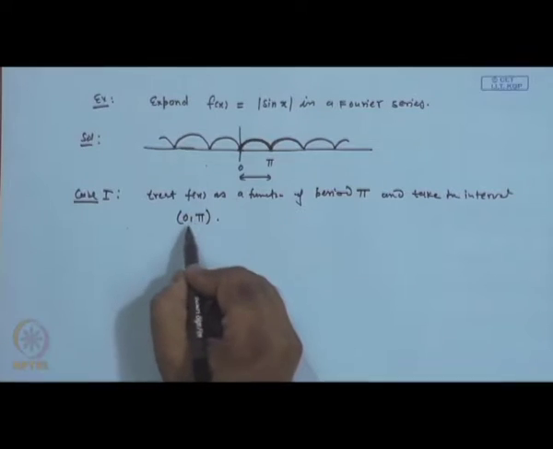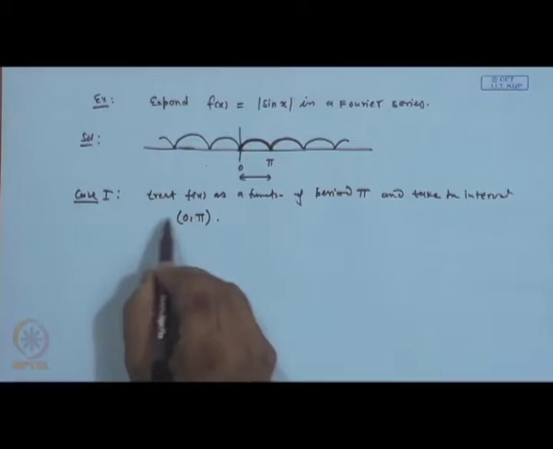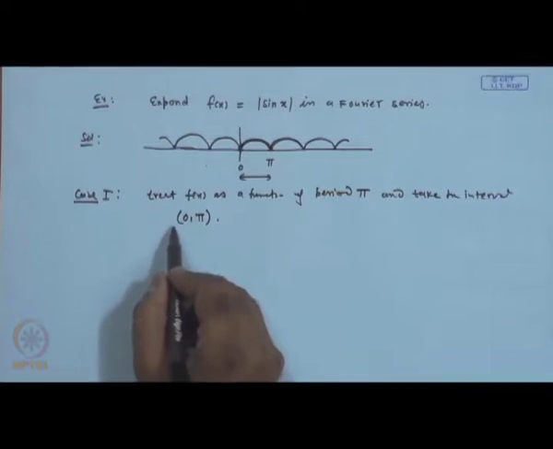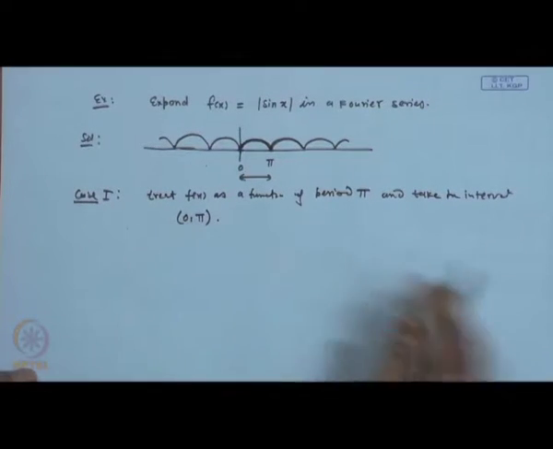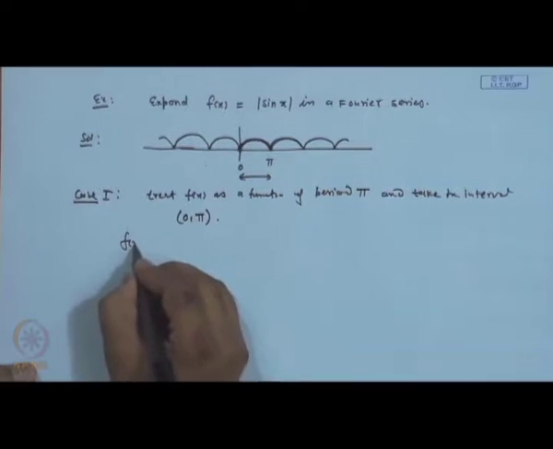And that is a good point to discuss: it is not necessary to always work with the symmetric interval minus pi to pi. We can also work with any interval. So we take here 0 to pi,